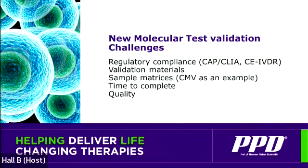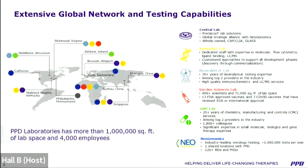And so before going into these, these are some of the experiences we have gained, or are working through, when we need to validate these tests. And I'm going to share some of the experiences from our institute. PPD is a global CRO. We support clinical trials for all the phases, phase 1 to 4, and we have several labs located